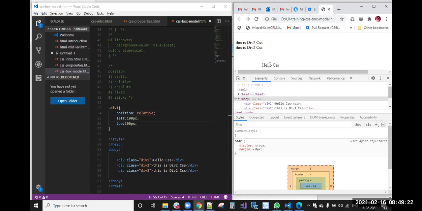So by using the relative property, we can move the element. Instead of 100 pixels, I will apply top 50 pixels.